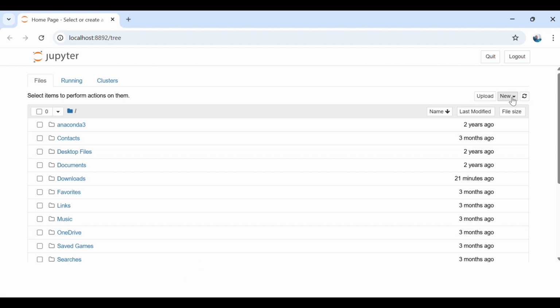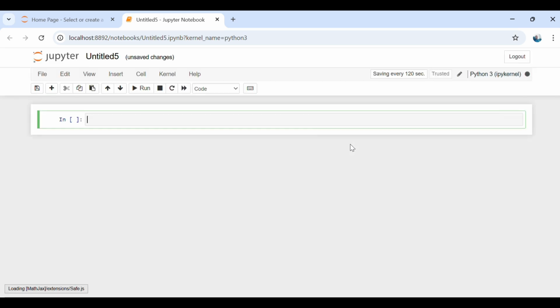Now I will show you. So here you can see that one option, New, is available. So if I click, 4 options are available. One is text file, one is folder, one is terminal. I will not work with this option. I will show you how to work with Python 3. So if I click that option, another interface will be displayed. Previously we discussed JupyterLab. It is similar. Here you can see that